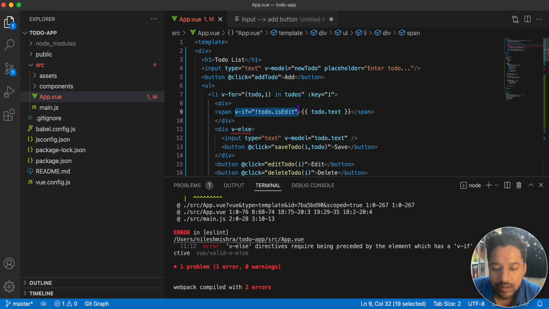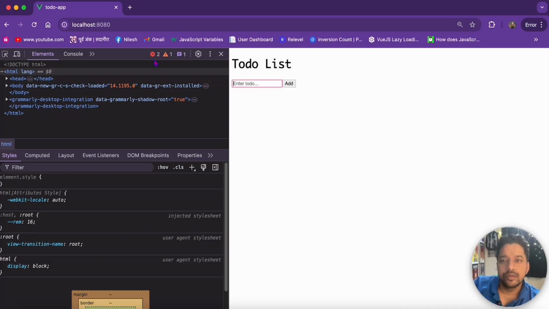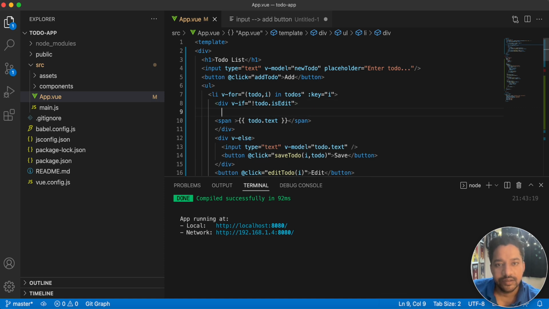Okay, so I don't know why this is coming. So ESLint. Okay, now it's running. Sorry. So now I'm adding the checkbox, it is not coming. Okay, checkbox I didn't define, so